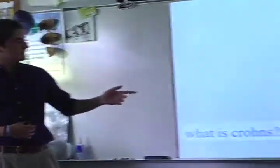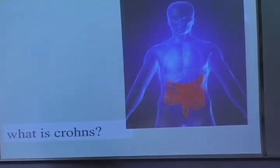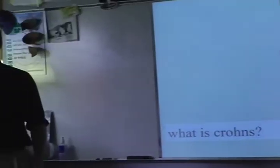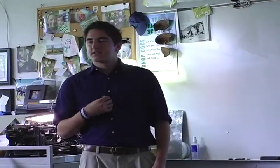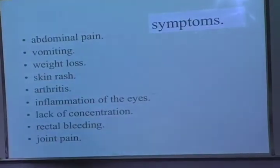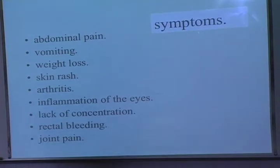And throughout the intestines and the esophagus, you develop fistulas and inflammation throughout the entire intestinal region, and this can cause severe abdominal pain and many symptoms. Some of these symptoms being abdominal pain, and this can lead up to vomiting, and vomiting can cause weight loss. And weight loss, you're not wanting to eat because of the abdominal pain, and it causes you to vomit a lot. You can develop skin rashes, and these are physical